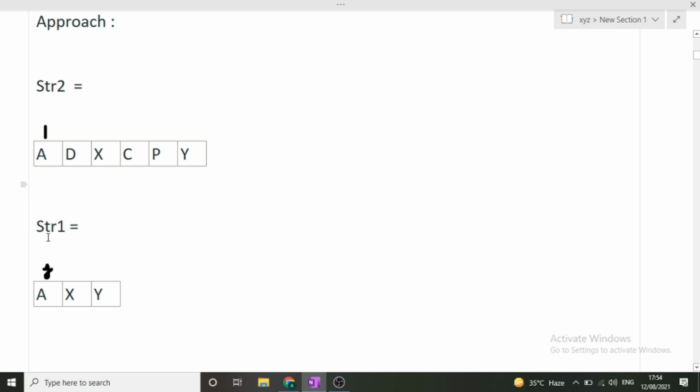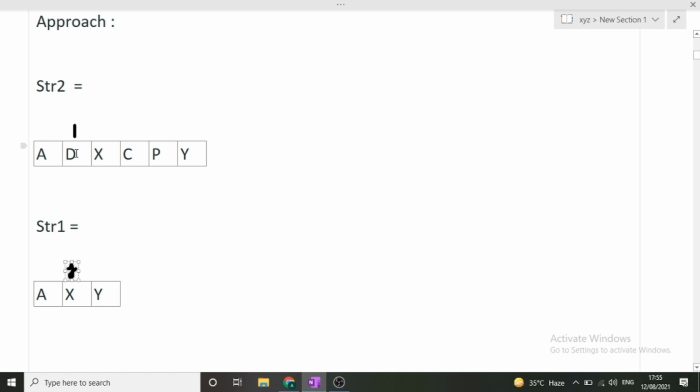So you can see that these two are same. So if these two are same, I will be moving forward, because we are simply just comparing the elements. Now see, I was here, j was here, these two elements were equal. It means that a is present inside the string 2. So the work of j is also over, and it will move on to the next element of string 1.